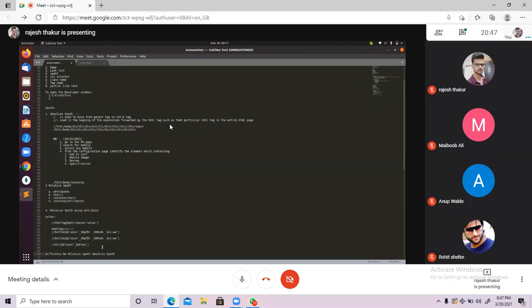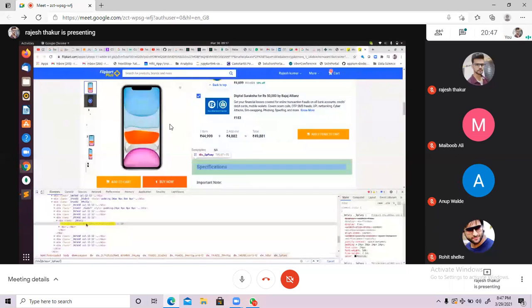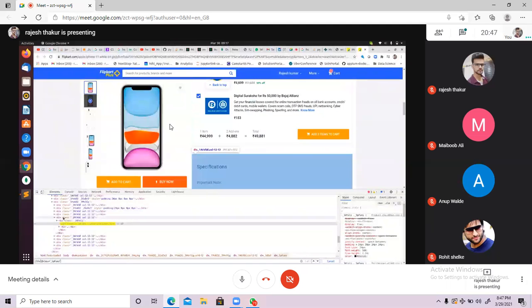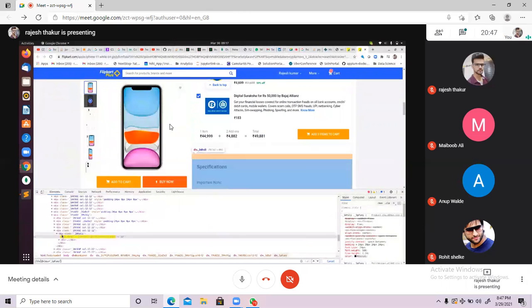But in case of absolute XPath, we have to know from which tag it is coming. Now the drawback of absolute XPath, listen carefully. If I go to this specification part, this is the child of another element, so we have to follow this hierarchy from parent to child.